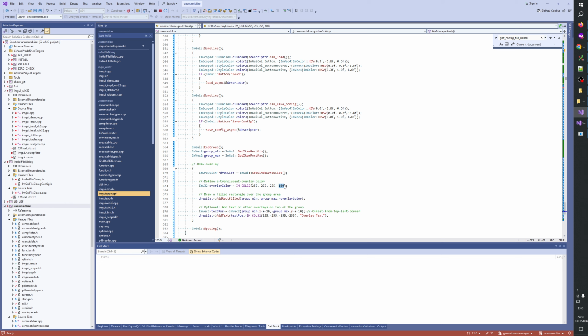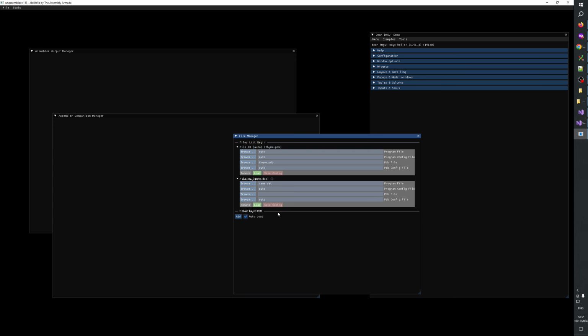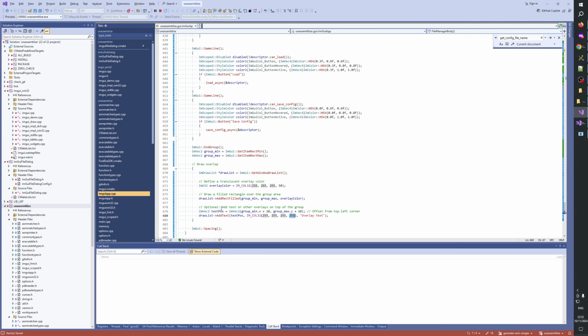Let's put this to 50. Yeah. Draw a filled rectangle over the group area. Add text or other overlays on top of the group. Good, so it's a white text over, it's a black, wait, what? It's a white text, yeah. Okay, this is good. And then here I would like to draw